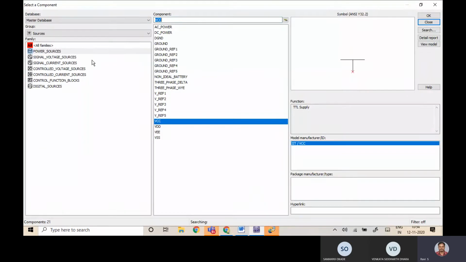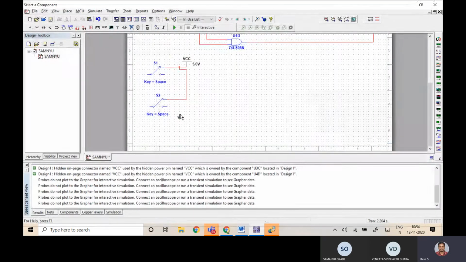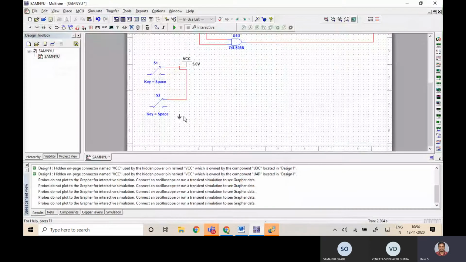Let me connect the ground point to the bottom. So the moment I close the switch, it will come down to 0.